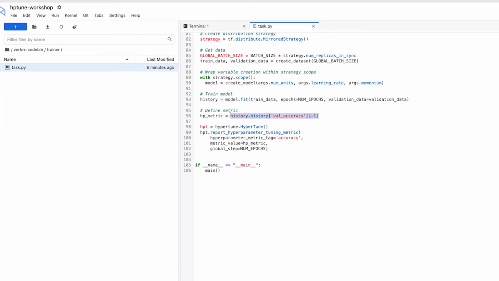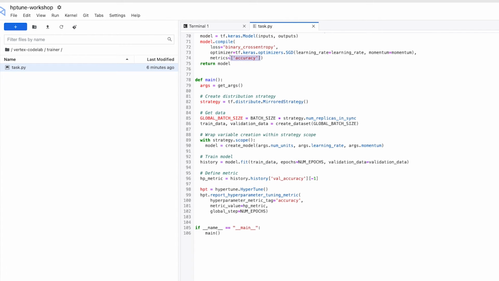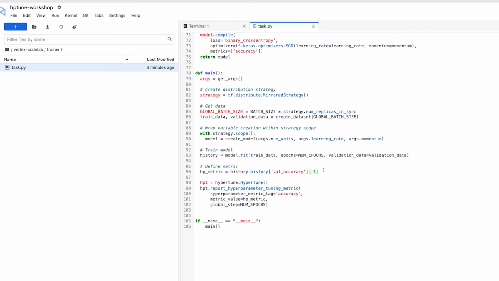Now, this might look a little strange, but this is just something that's particular to Keras. When you use model.fit in Keras, as we have here, it will return this history object. And the history.history attribute is a record of the training loss values and metric values at successive epochs. So when we compiled the model, we passed in this accuracy metric right here. And that just means that our history.history attribute is going to keep a record of both the loss as well as the accuracy for our training and our validation data sets on each epoch.